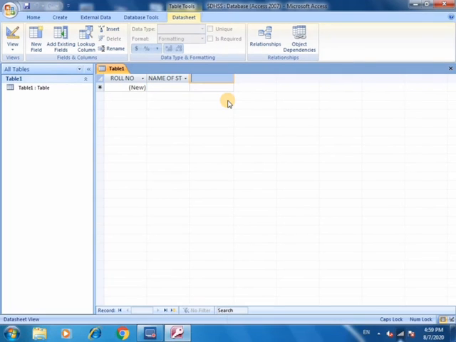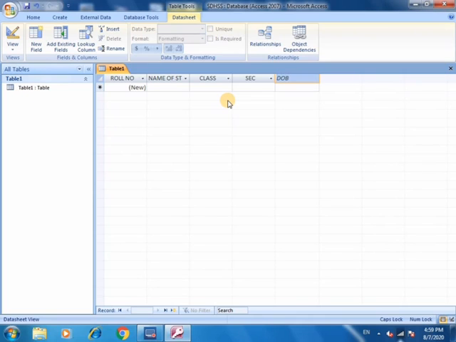For moving to the next column we have to press the Tab key. Now the next column name is class. Again we press the Tab key. The next column name is section. Again press the Tab key and type date of birth.